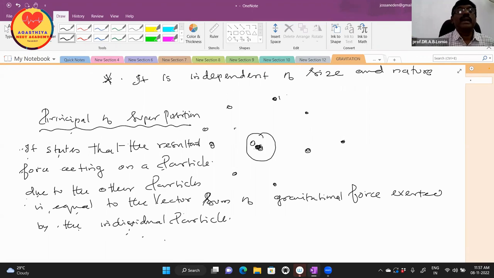Mathematically, it can be written as resultant force is